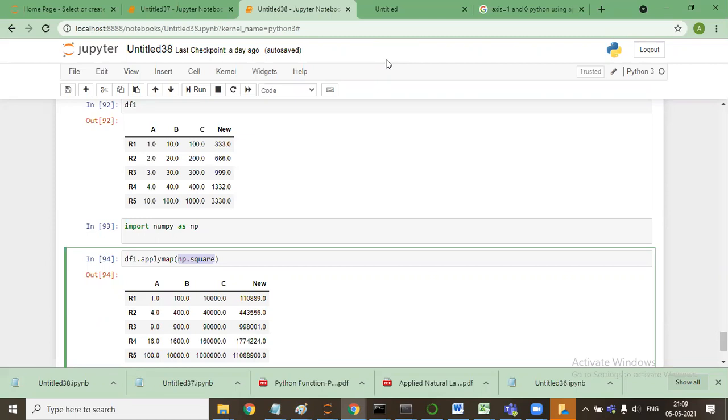Pandas, numpy, matplotlib and seaborn are the basic libraries that are always being used. But libraries like sklearn and others are basically used for performing machine learning kinds of operations. So that is the difference.